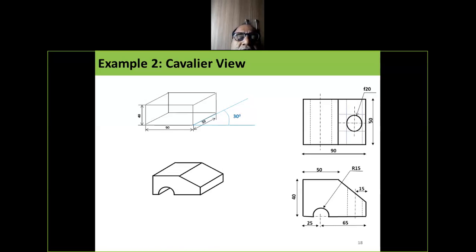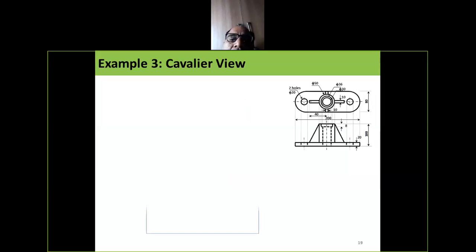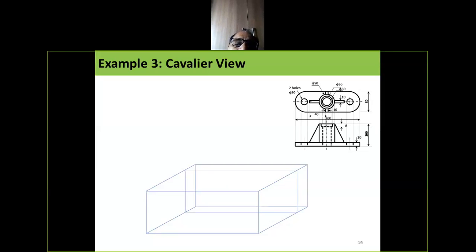So these are the different types of views we have discussed here. This is another example of the cavalier view.